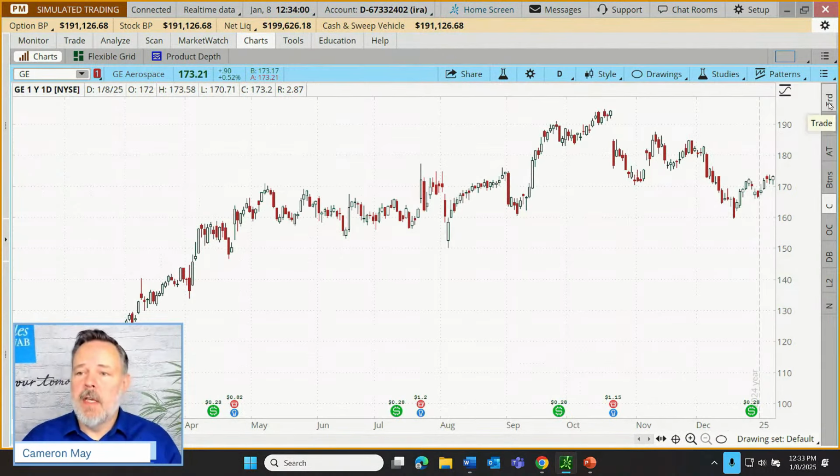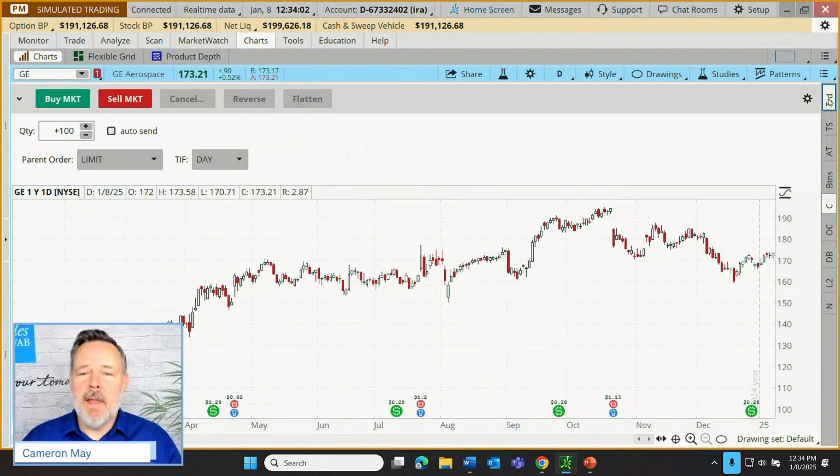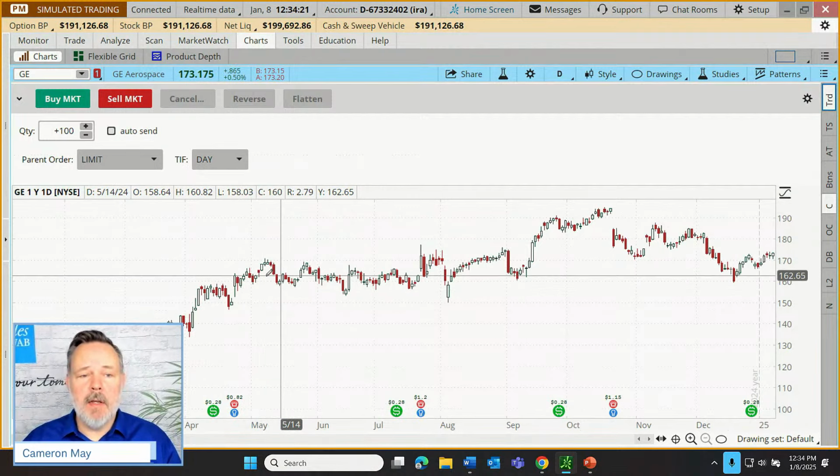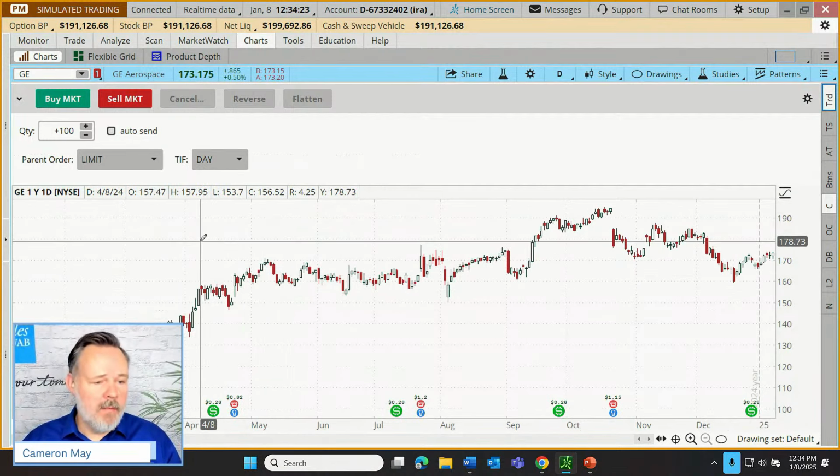So first is going to be our trade tab. Now this is for speed of entry for trades. If we click on this trade button, it puts a buy and a sell button up here. By default for 100 shares, these are customizable if we want to, and by default, limit orders good for the day, for you traders who want to be able to, looking at your chart, quickly buy or sell, right?